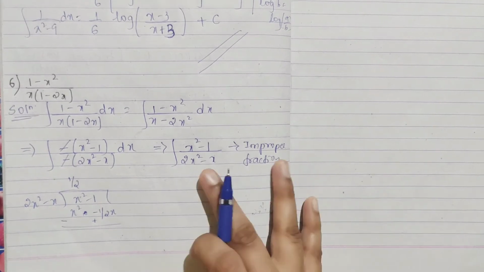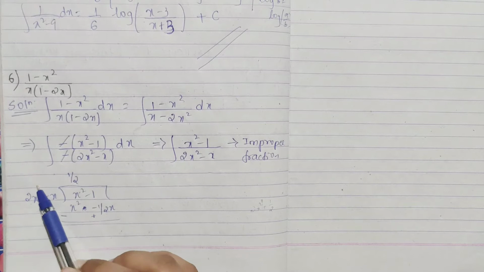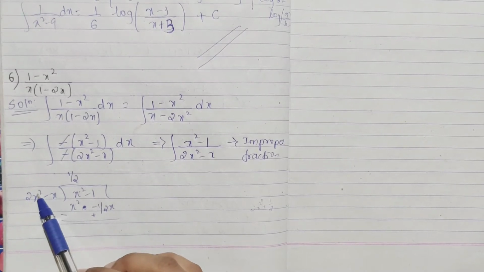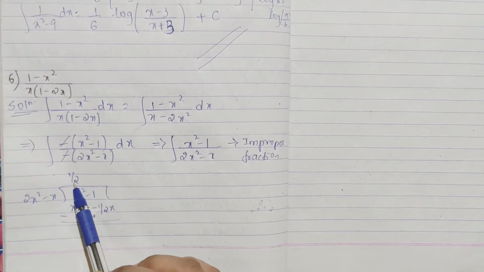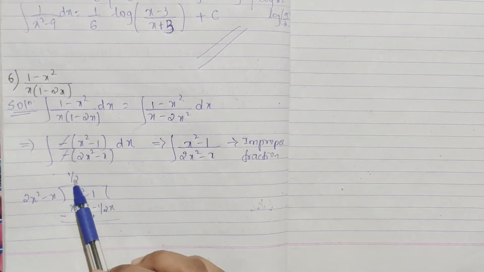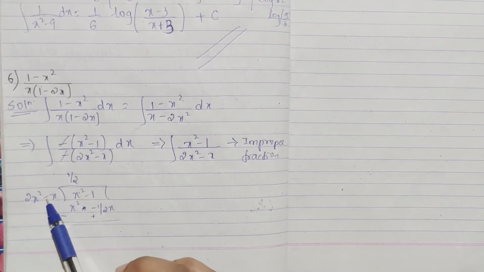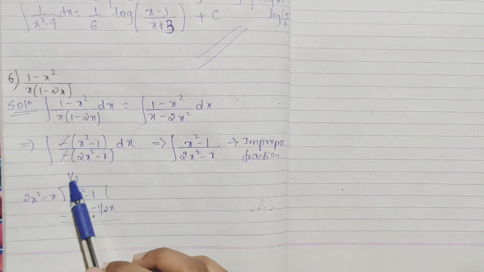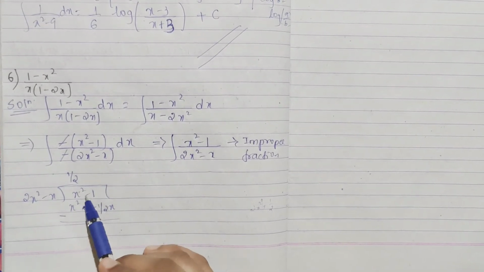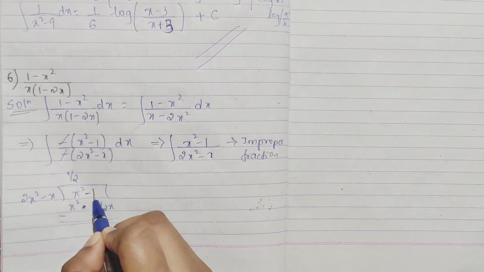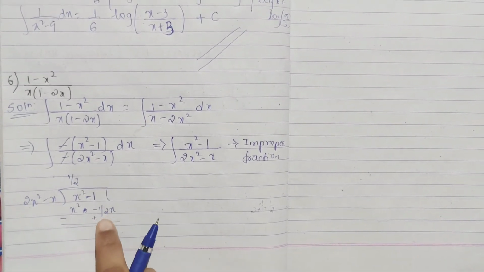So how do you have to do the division? Here it is x square. To make x square, you should multiply 2x square with that term where you can get only x square. So obviously 2x square you can multiply with half, 1 by 2 only, because the 2 gets cancelled, so you will be having x square. Next is minus; even this term you should multiply with the same, minus 1 by 2 x. Here the x term is not there, here the constant is minus 1. So below this, don't write directly, a little bit apart you write, that is minus 1 by 2 x.